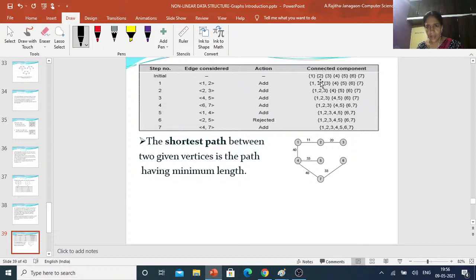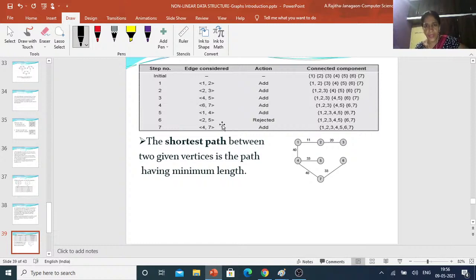That means here 7 components, here 6 components, here 5 components, here 1, 2, 3, 4 components. So here 1, 2, 3 components. So 4 to 5, after that 6 to 7. Here 3 components. So from these 3, 1, 2, 3, here one edge, that is 1 to 4. So 1, 2, 3, 4, 5, all these are a single component.